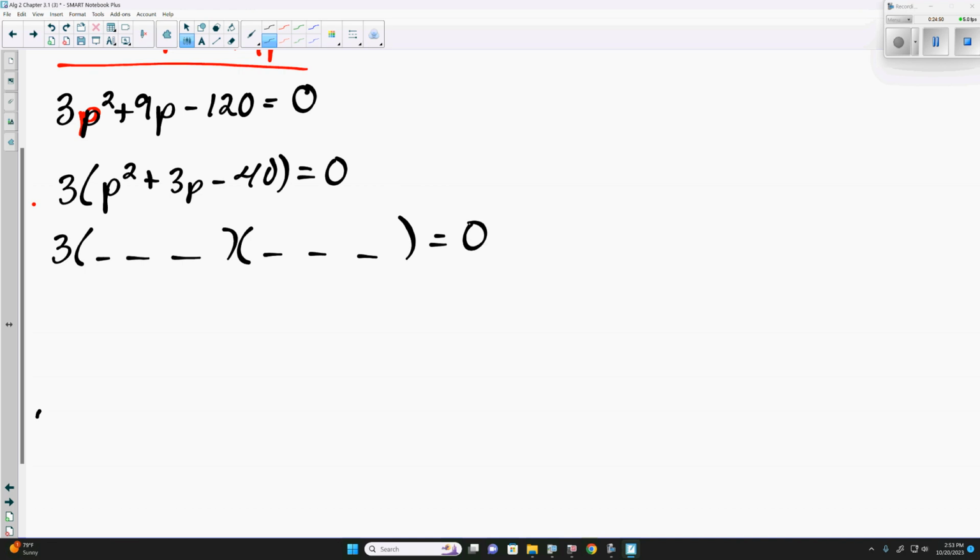Now, if we don't have it in order when we try to find the signs, when we look at the third term, because if we put the 3p last, we aren't looking at the correct third term. Now, in this case, since the third term is negative, our signs are negative and positive, they're opposite. Factors of p squared are p and p. Now we need to find the factors of 40, which are 1 and 40, 2 and 20,